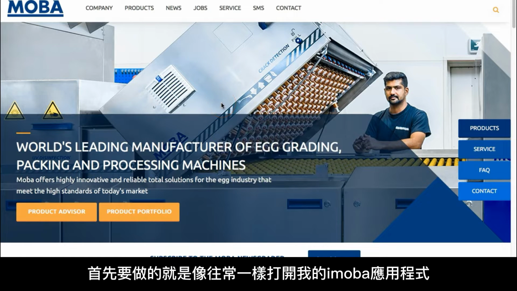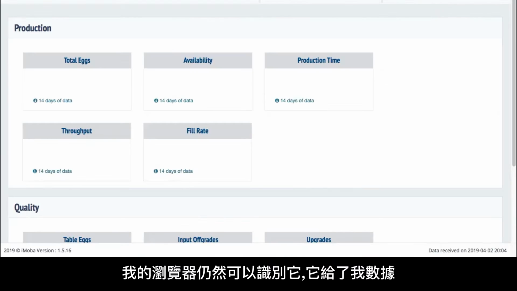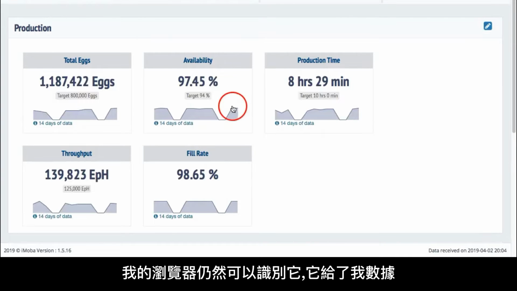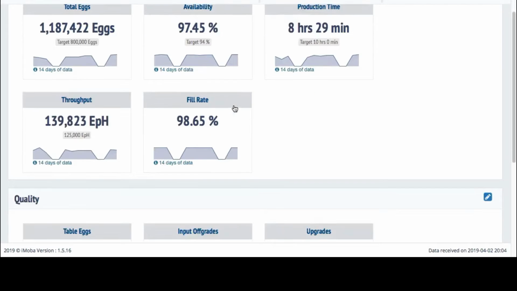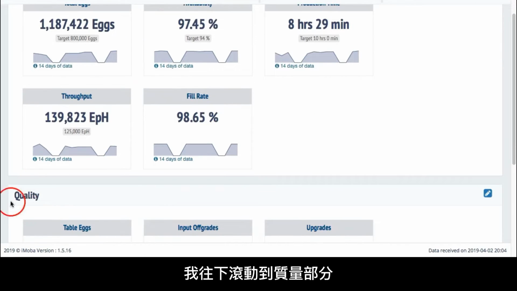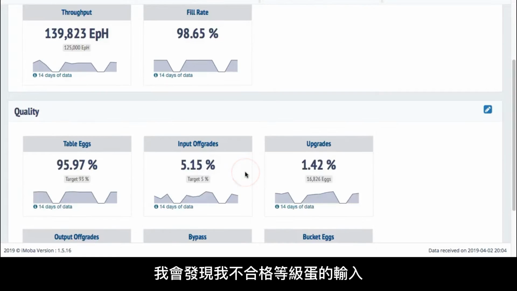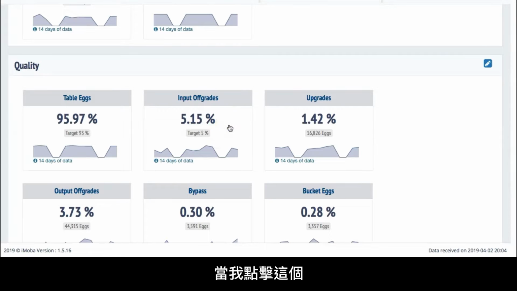Now, the first thing to do is, as always, open my imoba app. My browser still recognizes it. It gives me the data and it gives me the home page of imoba. Since I'm having a problem with my quality, I scroll down to the quality section and I'll find my input upgrades. That's a summary of all the upgrades coming into my machine. When I click on this,